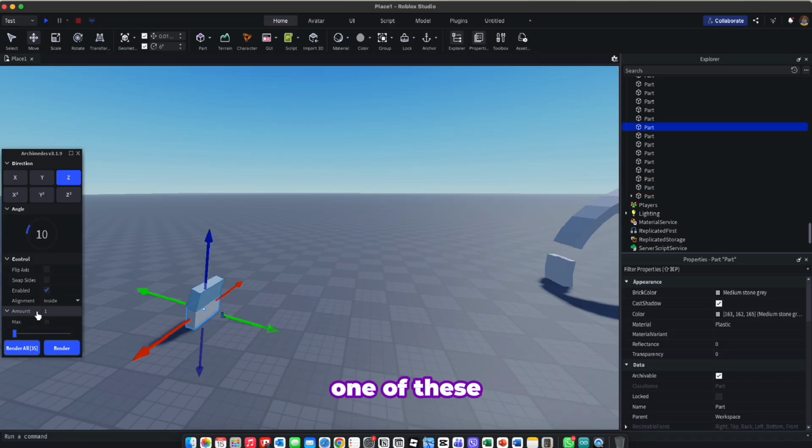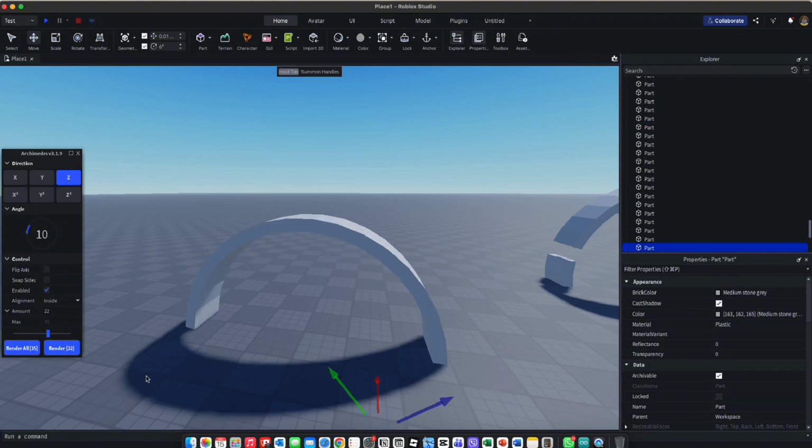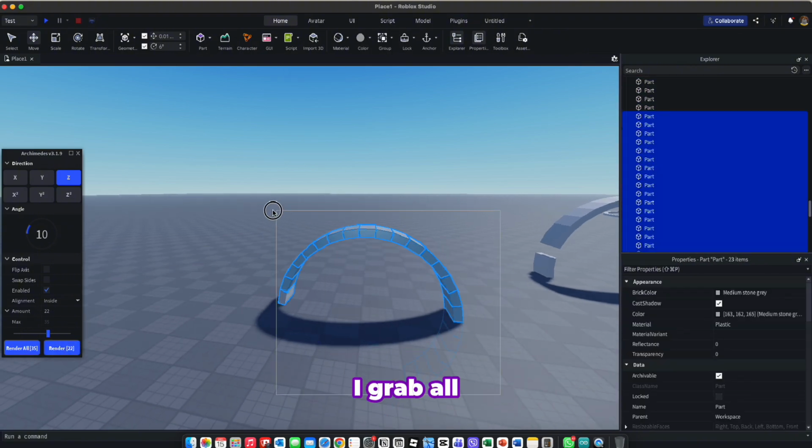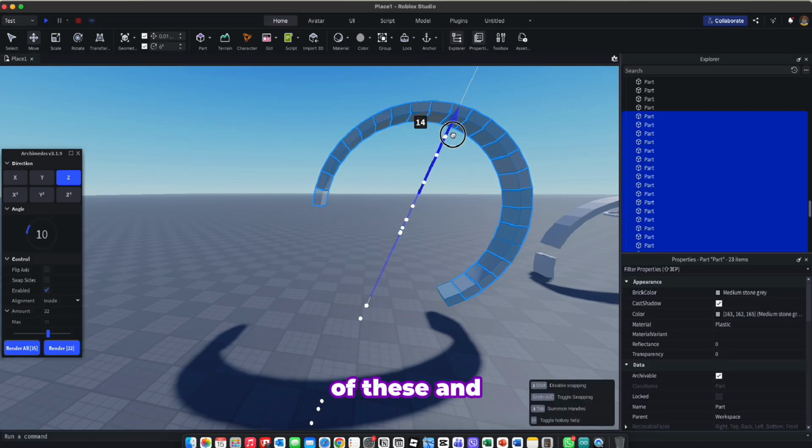So let's grab one of these. Let's do... You don't want to have a full circle. So instead of render 35, it's going to render 22. I grab all of these, and it's not a